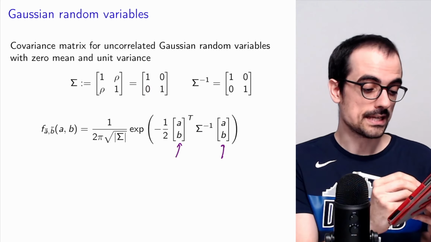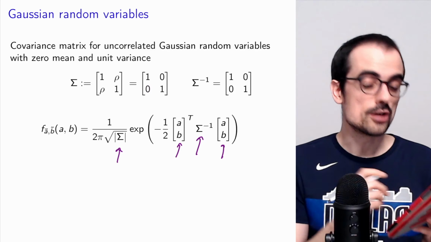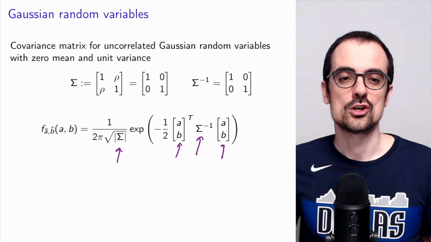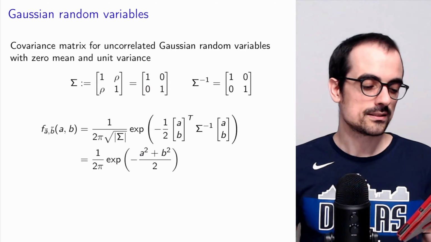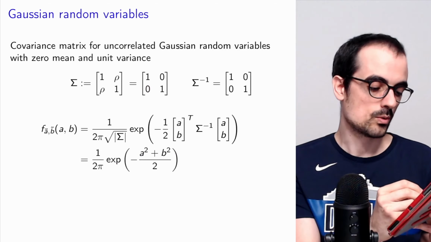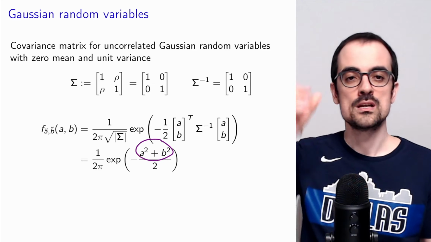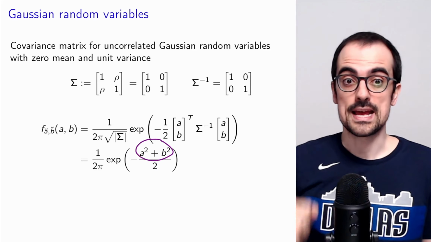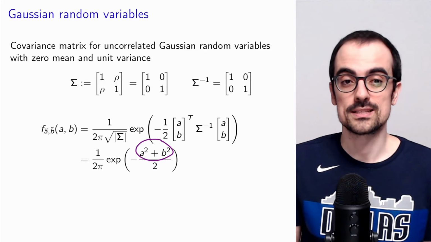Here we're going to plug in the identity, and the determinant of the identity is just equal to 1 because it's the product of the diagonal. So we get this expression. Where does this come from? Well, it comes from A transpose B times the identity times AB, which is just equal to A squared plus B